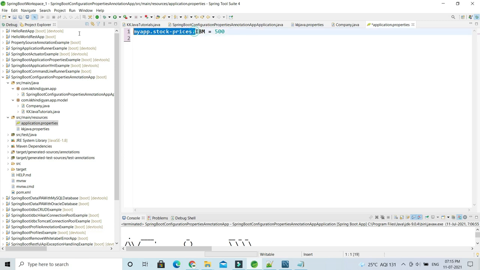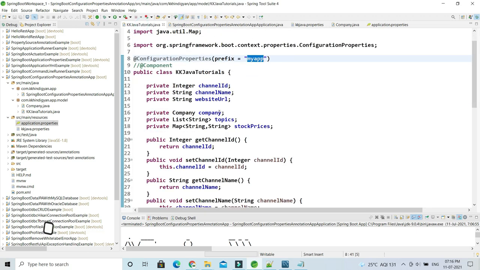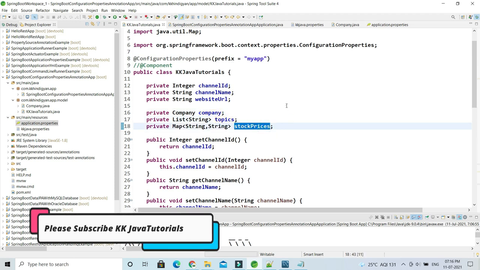And similarly the stock price for Google, let's say $700, right? And this one I'm also going to enter in my properties file. Okay, now almost we have done, right? All the properties we have in this class: we have company, topics, and stock prices.